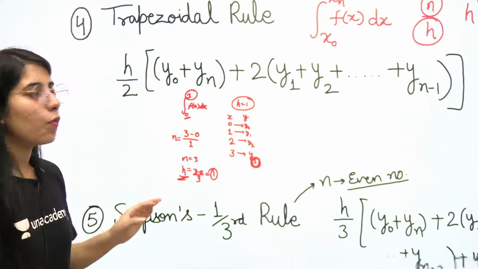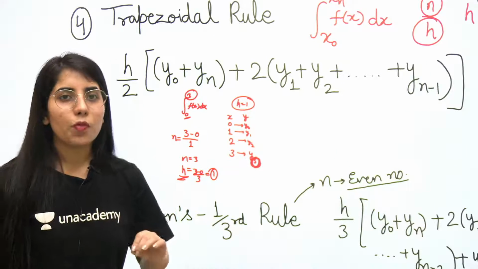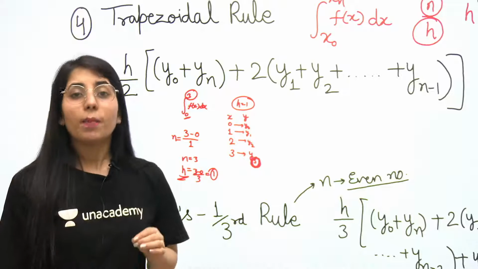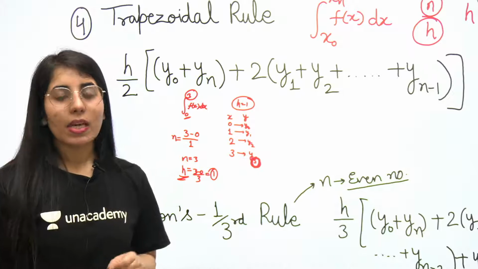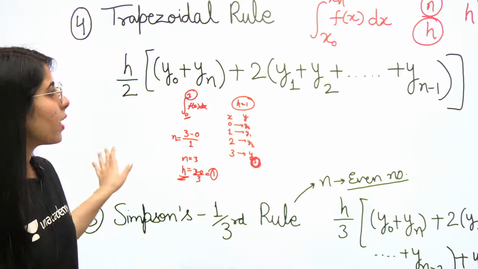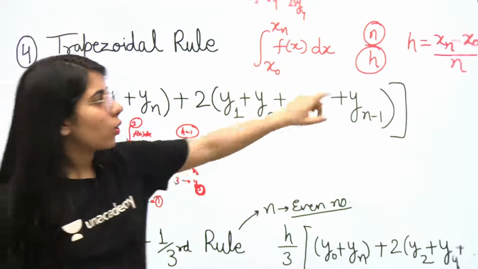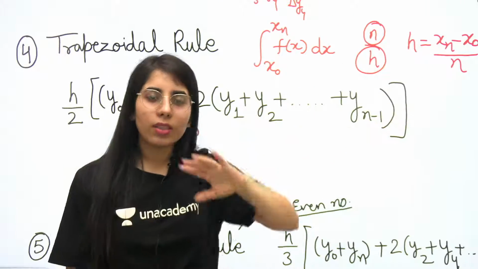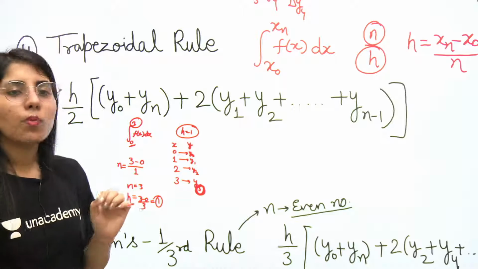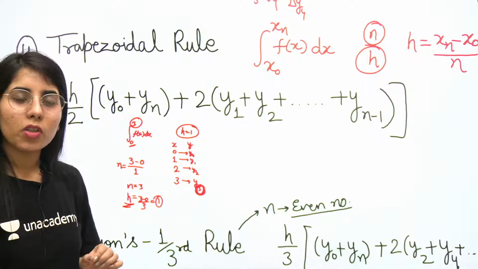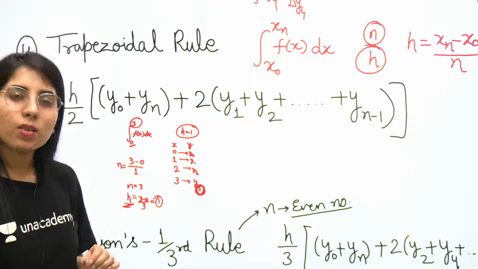So have a look at the formula now. I'm going to compare the formula for all the 3 methods because then you will find it quite easy. Rest of the information about the relation between h and n, how to make the table, all the things will remain same. But one more difference is there in the trapezoidal rule, Simpson's 1/3 rule and the Simpson's 3/8